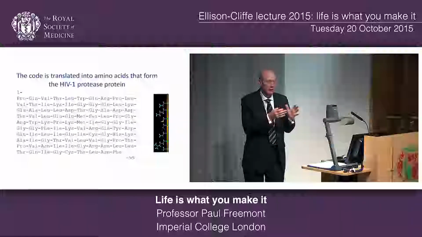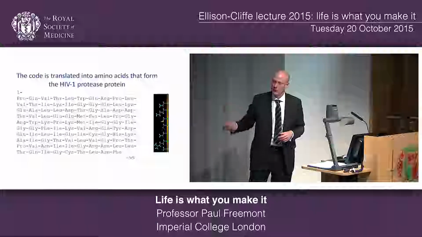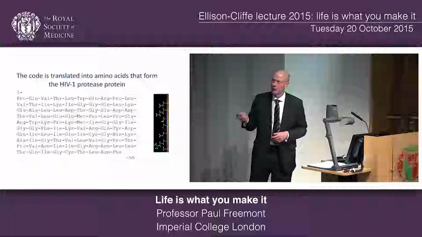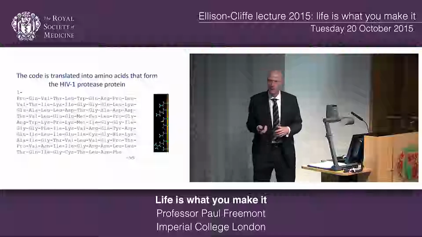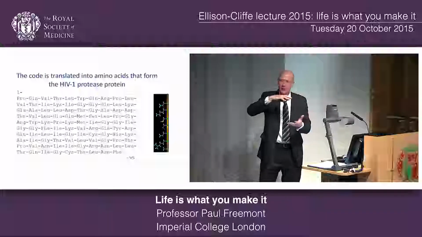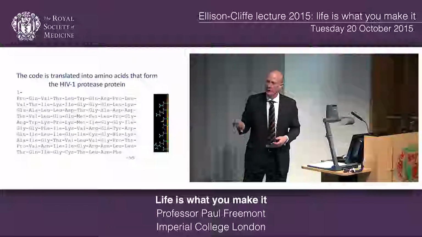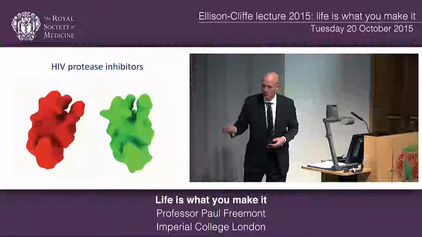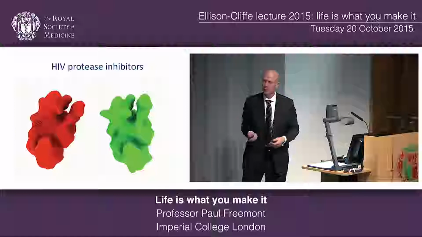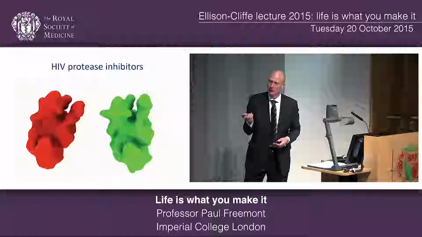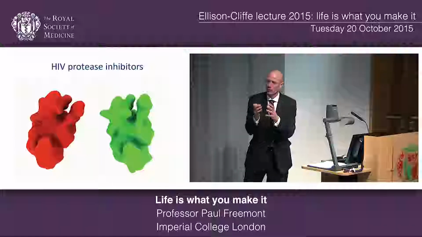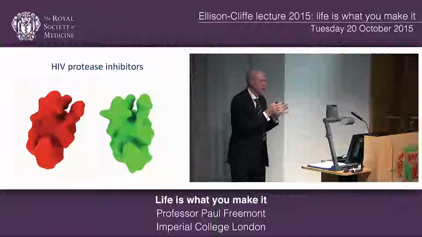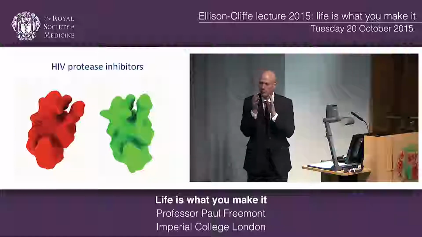So in this room, you have the genetic code, and then it's reduced down to the protein code or the amino acid code. And then finally, this amino acid code folds up into a three-dimensional structure, and there is the protein structure of HIV protease. And there are two proteins, two monomers come together to form this intimate dimer. And in the middle of that movie, you'll see a little blue blob,